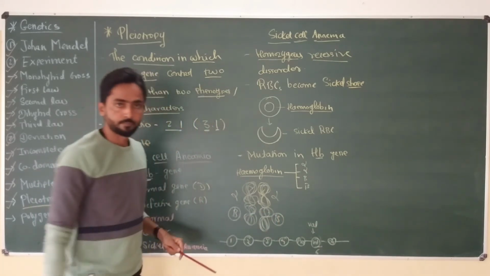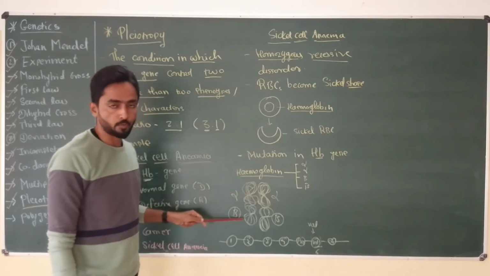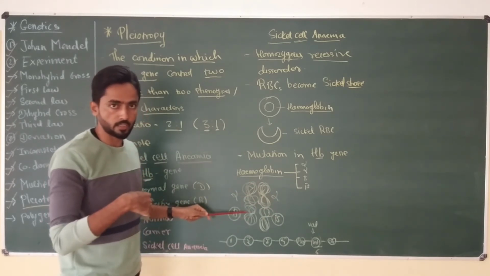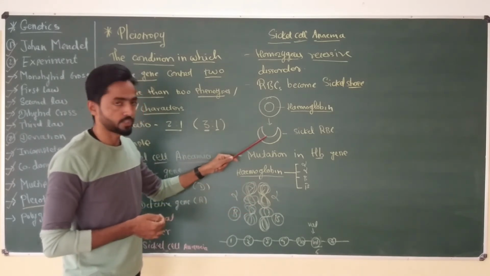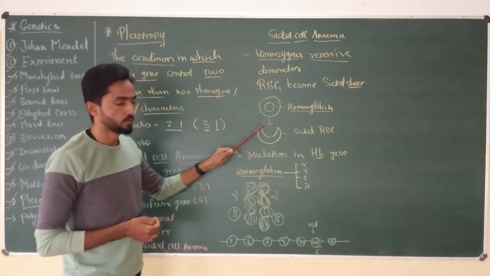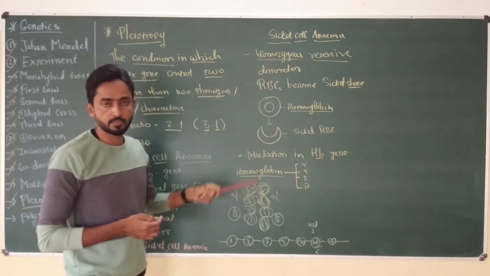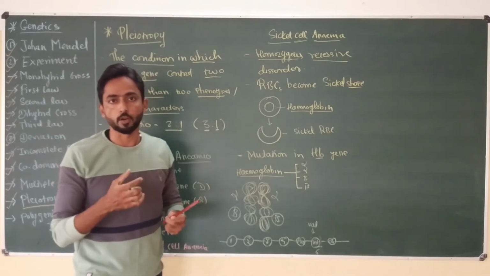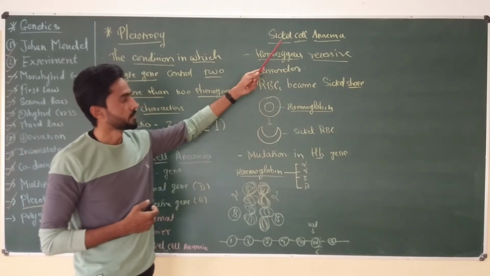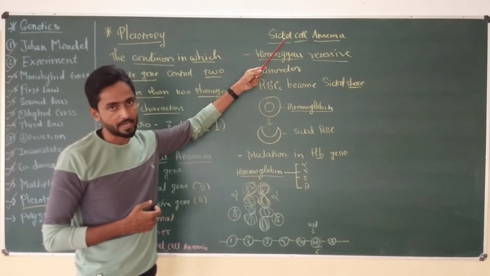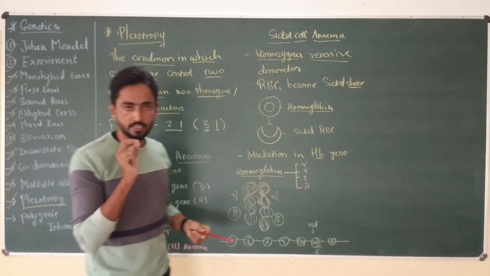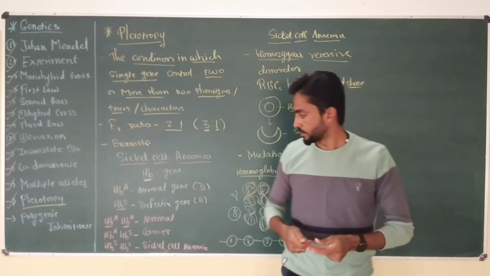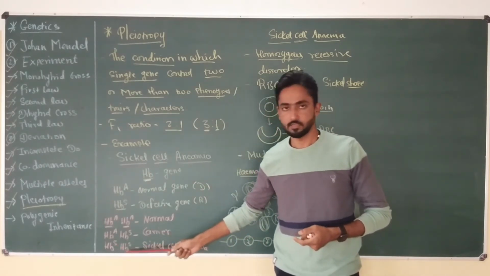will change the entire structure of the hemoglobin, and due to the change in hemoglobin structure, ultimately the RBC structure changes from round to sickle, and such RBCs are unable to transfer a sufficient amount of oxygen to different body parts, which leads to a condition called sickle cell anemia. Okay, the condition is literally fatal when the genotype of the person is HBS.